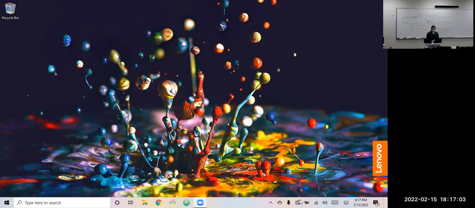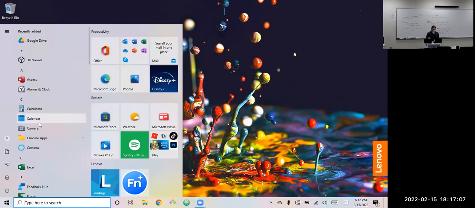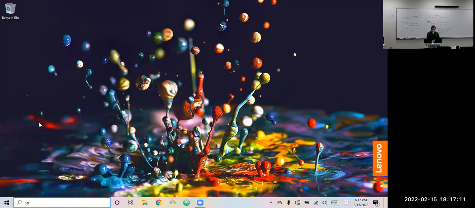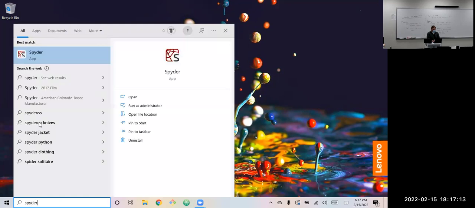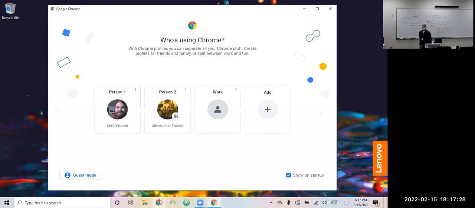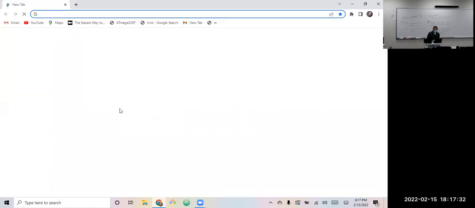I meant to use the other computer because I haven't used Jupyter notebooks yet, but I have the example pulled up on that one. So I'll just use Spyder again. That's definitely my favorite IDE. Or I can use IDLE. I haven't used IDLE yet. Google Colab. There's lots of options. Let's use Google Colab. I haven't used that. That's notebooks. That's what I was planning on using this evening for this first part.